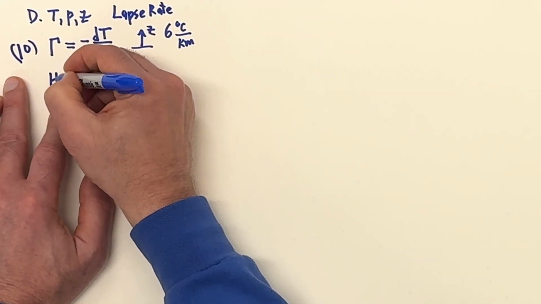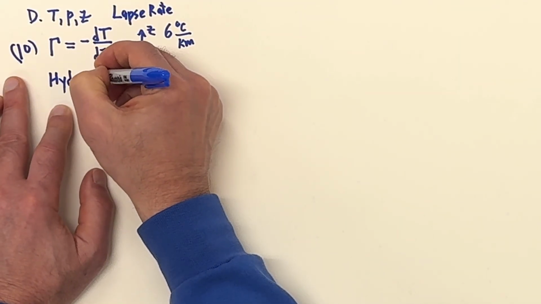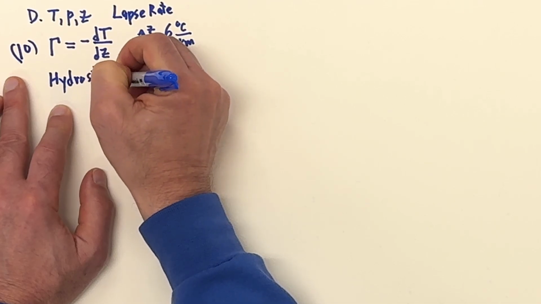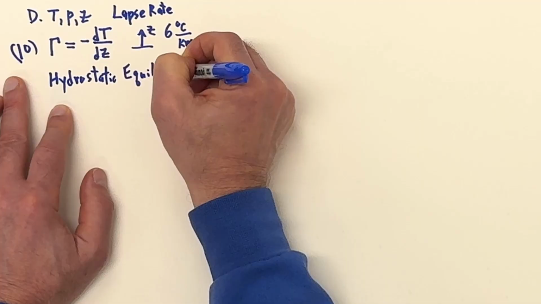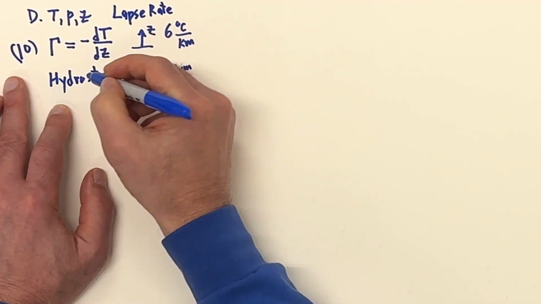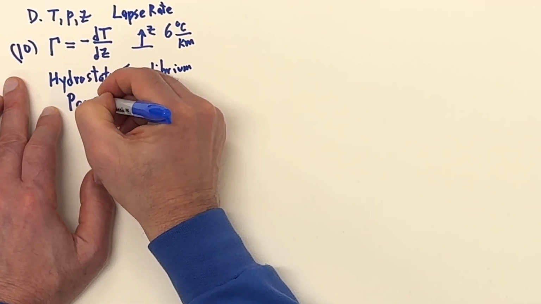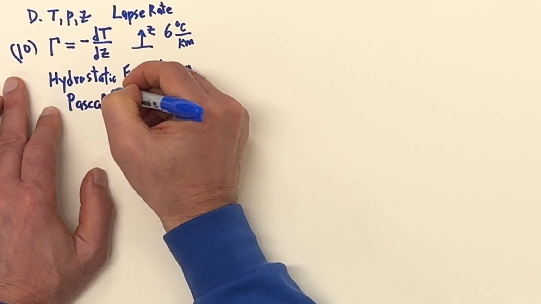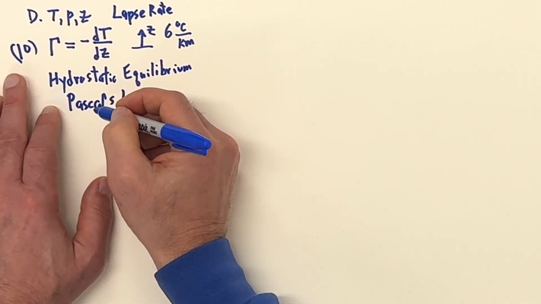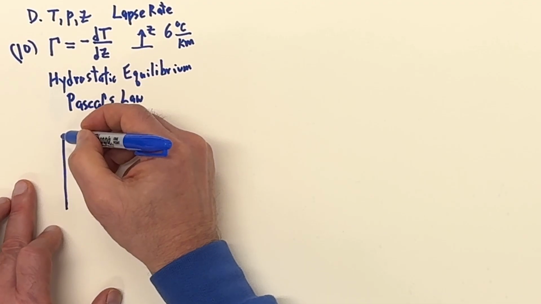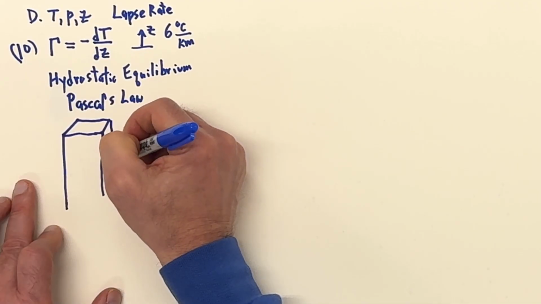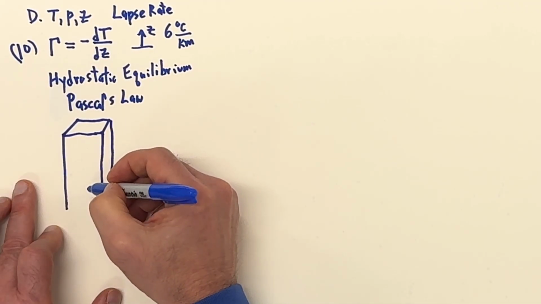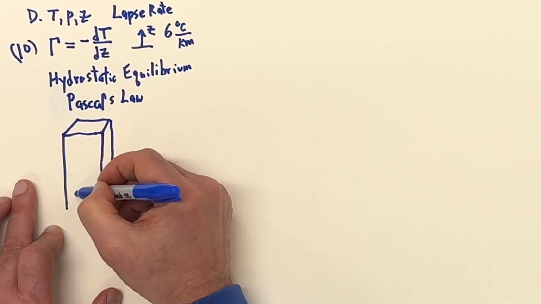Now we'd like to do hydrostatic equilibrium. This is another very important relation. And here we go to Pascal's law. Pascal's law. So let's consider a column, a rectangular column of fluid. It can be water, but it can also be the atmosphere. And we're going to look at here